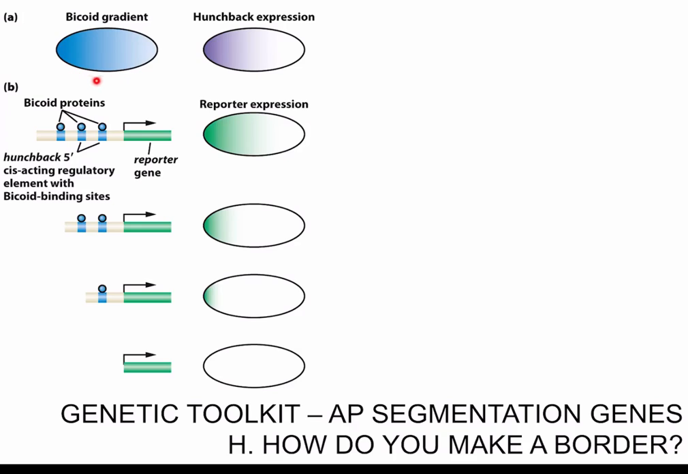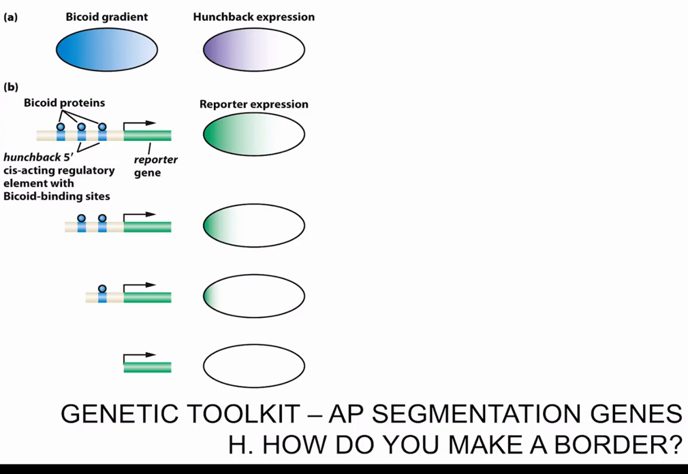So the first answer to this question was provided by mutant analyses, where you took embryos that were mutant for Bicoid, for example, and looked at how the other segmentation genes are expressed in these mutant embryos. As it turns out, if you have an embryo that's mutant for Bicoid, this whole anterior expression of hunchback is missing. And what that tells us is that Bicoid